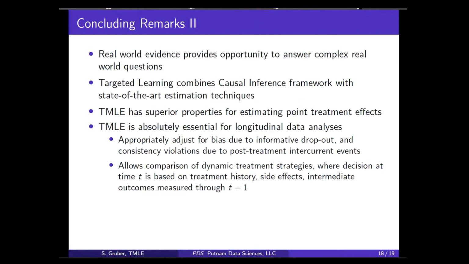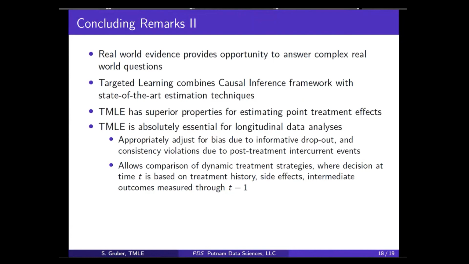So if you don't do TMLE, like if you just did a Cox model, I know there's time-dependent Cox models, but then you get stuck with, if you try to adjust for something in the model, then you're adjusting away part of the treatment effect, or there's that potential. And if you don't adjust for it in the model, then you're not adjusting for the bias that is introduced due to the missingness in the outcome. So with a time-dependent Cox model, you still need some notion of things happening completely at random. That probably isn't true in the real world. So you need to use something that's more sophisticated.